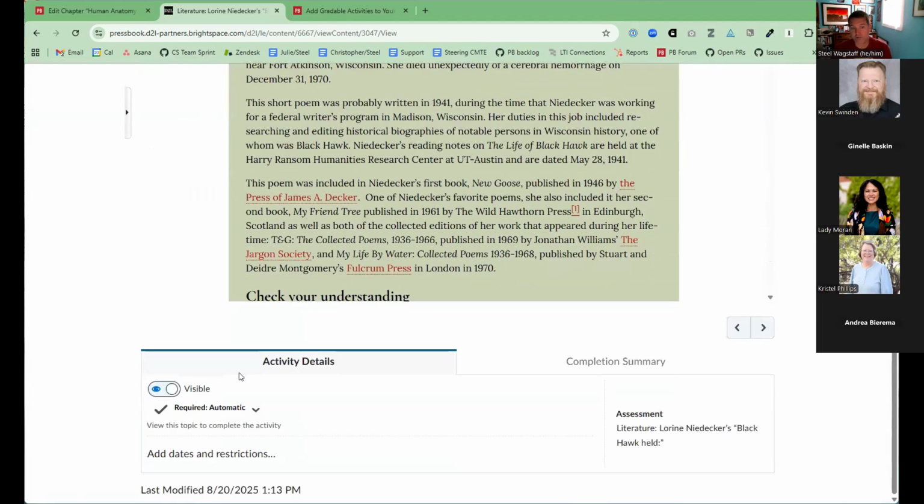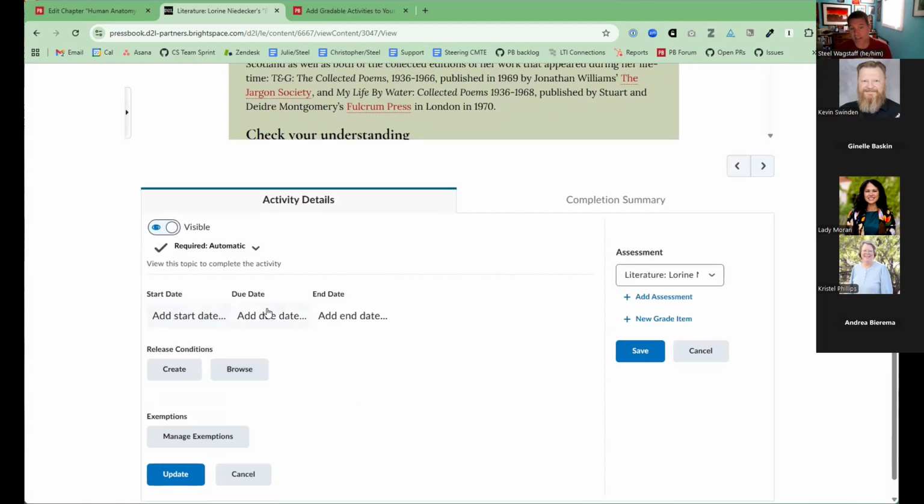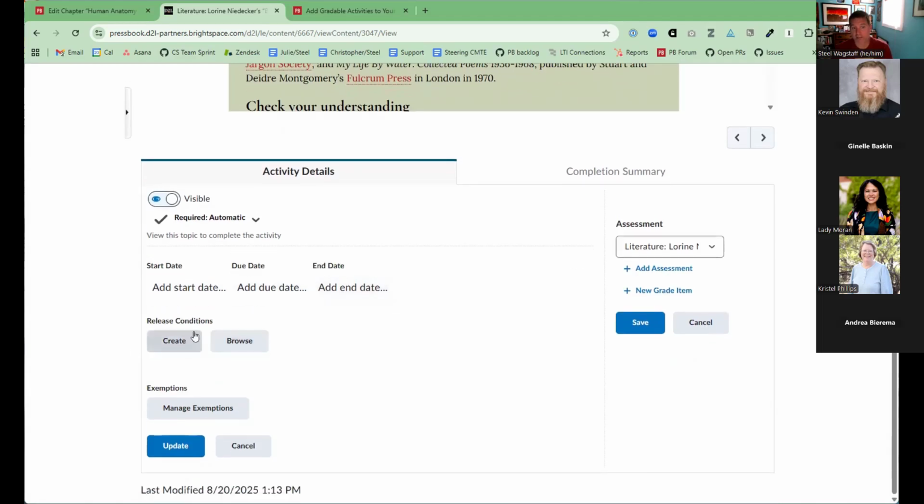And in D2L, it's showing this as a required element, it's visible to students, and it's associated with an assessment, which means a gradebook item. The gradebook item it's associated with is this thing. It's the literature, Lorraine Niedecker, Black Hawk held. And I could add a start date, an end date, a due date. I could add some release conditions. Anything I want to kind of control how students take this assessment and when can be done just in the